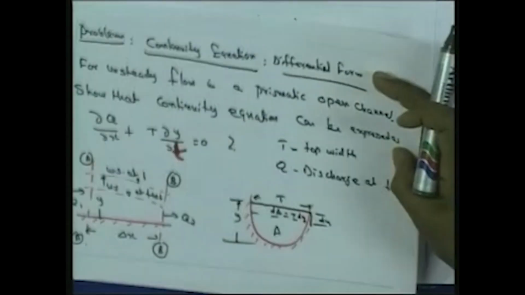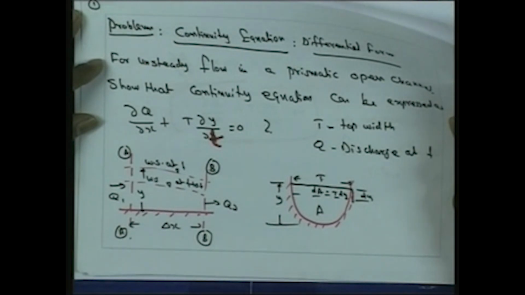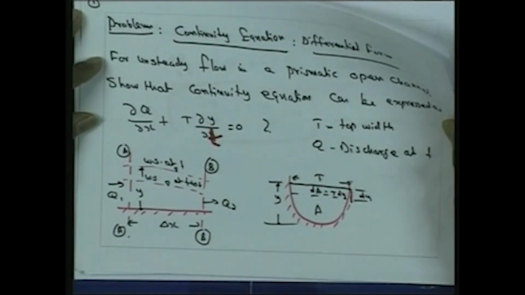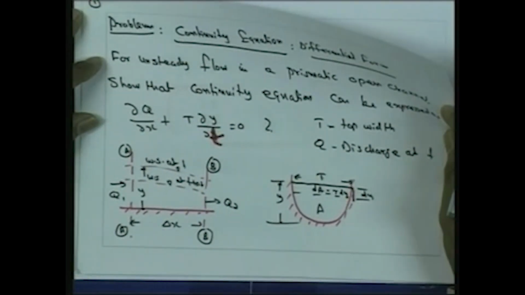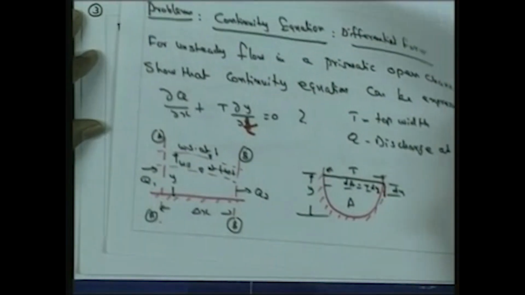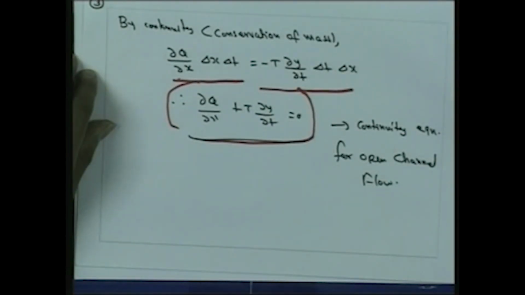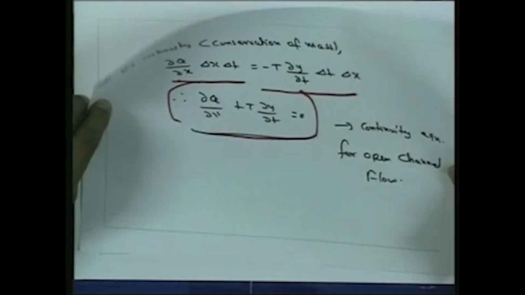So for unsteady flow in a prismatic channel, here we have shown that del Q by del x, that means the change of discharge with respect to x, plus T, the top width, into del y by del t, that means the change of depth with respect to time, is equal to 0. So that is the continuity equation, differential form, for open channel flow. So that we have shown that del Q by del x plus T into del y by del t is equal to 0. So this is the continuity equation for